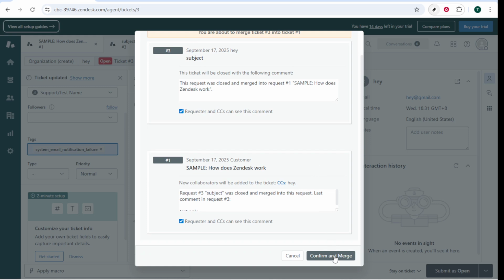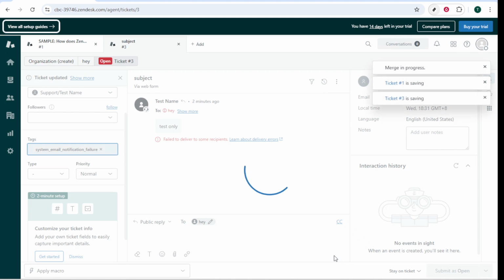Now, it's time to finalize the action. Click on the Confirm and Merge button. This will complete the merging process. The tickets will now be combined, with all notes and communications rolled into the destination ticket, effectively keeping everything in